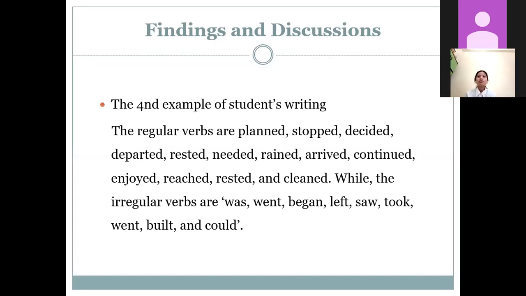And for the fourth example of students' writing, we found that the regular verbs are planned, stopped, decided, departed, rested, needed, reigned, arrived, continued, enjoyed, reached, rested, and cleaned. And while the irregular verbs are was, went, began, left, saw, took, went, built, and could. Next,